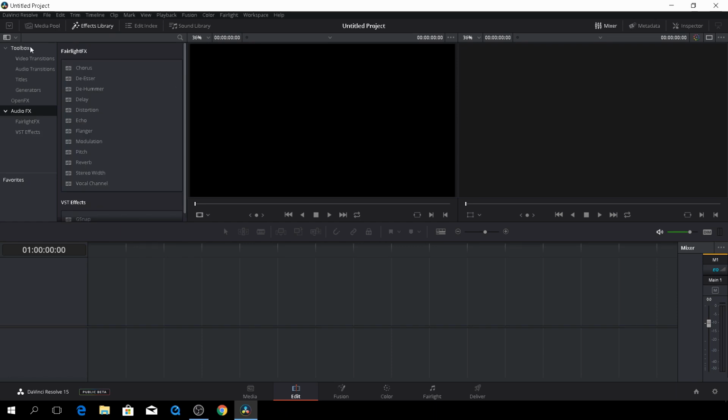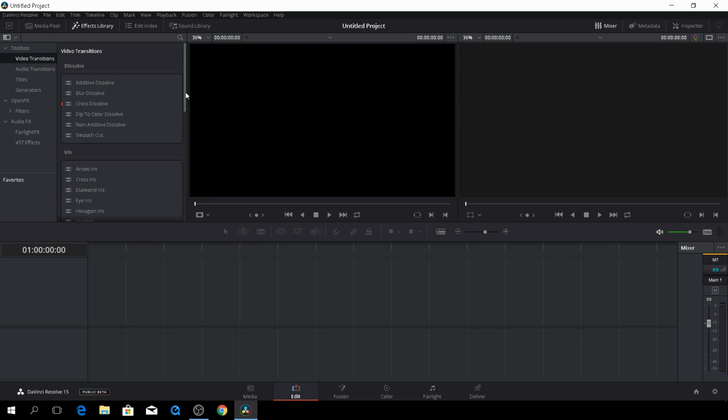Actually, the effects library has now been made more visually easy to figure out what you want. If you want to do a dissolve, they'll all be here in groups. This is also a new feature. I think it looks way cleaner, at least. I haven't looked through all the notes yet to know all the specific changes which have been made, but I think they announced that there were about 200 changes for editors and colorists,